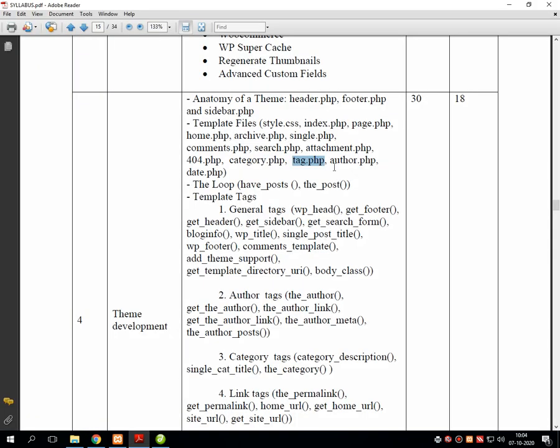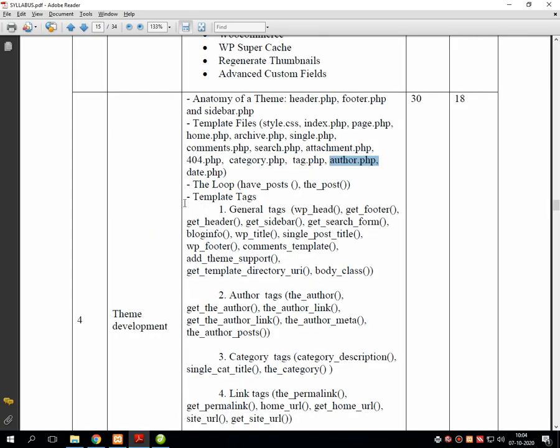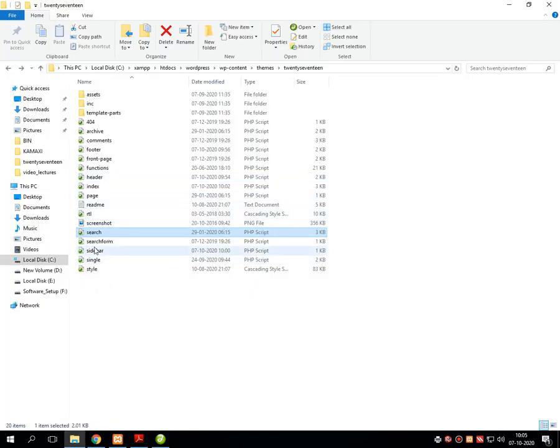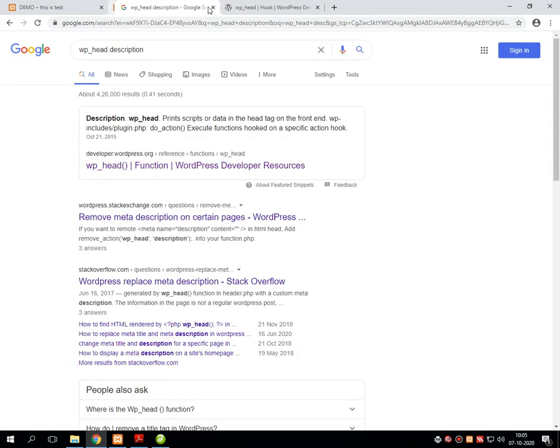No, author will not be there. And next is date, which also should not be there. Now let me close all the tabs.